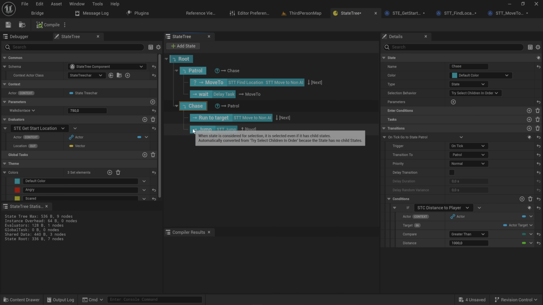And the whole reason that I'm setting this entire thing up is because when it goes back to patrol, it will go back to patrolling around its original location. So I can lure it away very far. And then when it loses interest in me, it's going to go back to its original position. It's not going to keep patrolling around the place that I lured it away to, which in a lot of games would break AI and would do weird stuff. Most games have a concept of going back to an origin position for an AI when their task resets